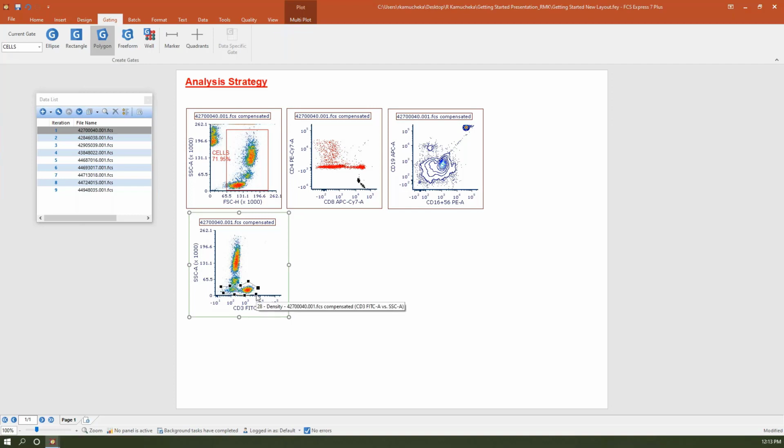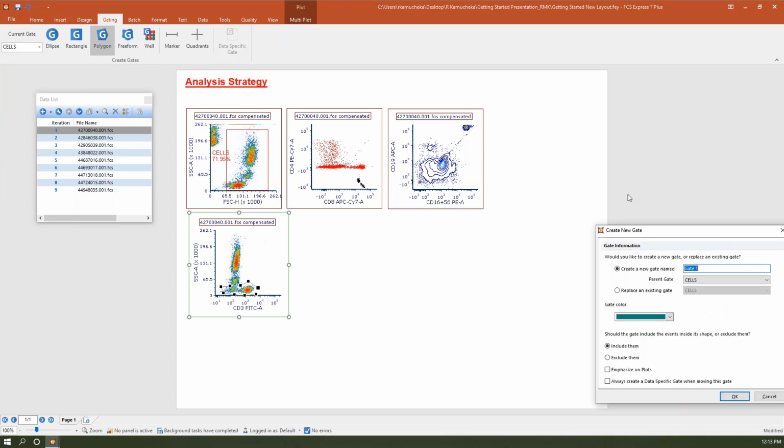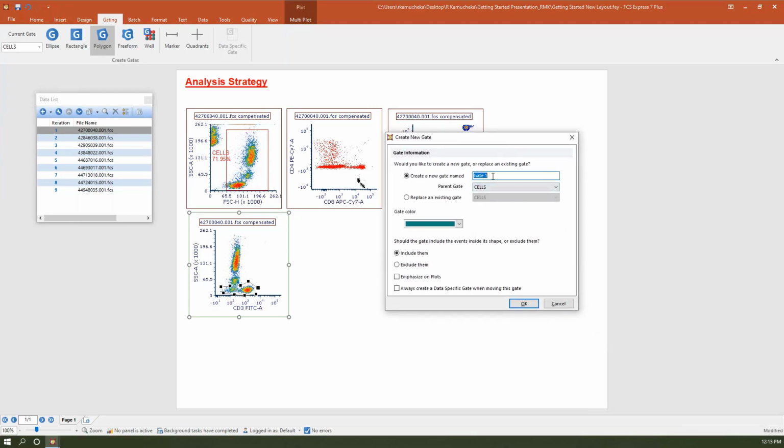If you're ever in a really densely populated plot, you can go ahead and just click the spacebar and it'll complete that gate for you. So if you can't find that initial point, it's okay. We have a tool to work around that. And for this second gate, I'm going to name it lymphs